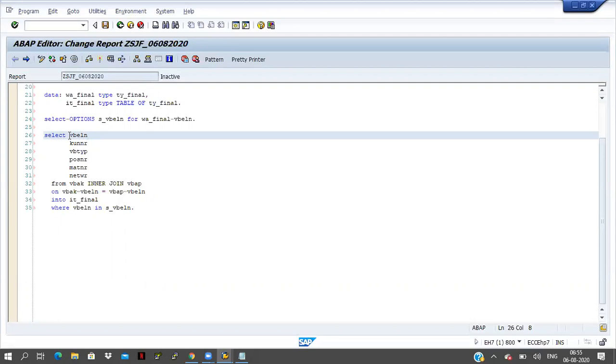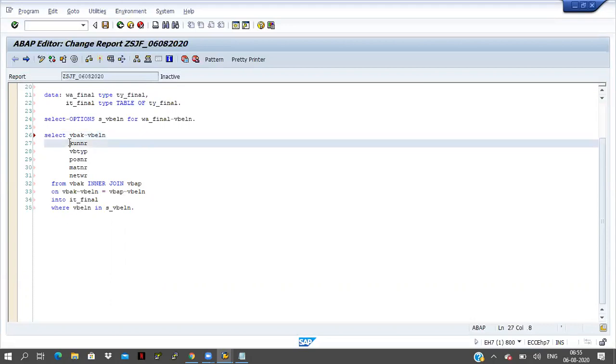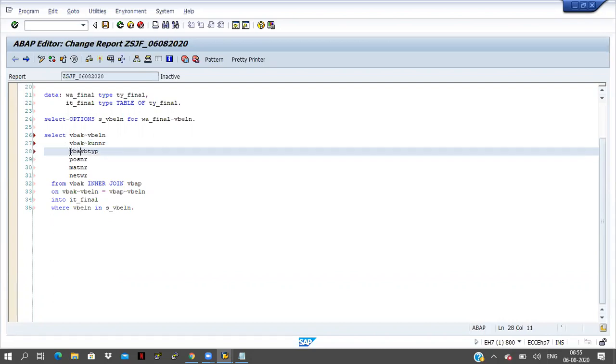So I'm writing here VBAK tilde, VBAK tilde VBELN. The same way I will write for all the fields. VBAK tilde, and here also VBAK tilde, means in VBAK table, VBELN you have to take.